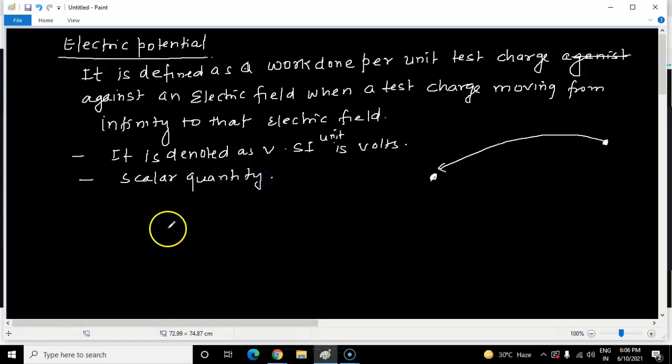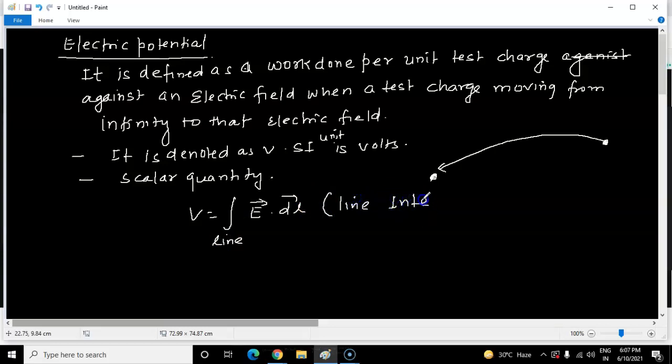Sir, it won't have direction. Yes, here the electric potential is defined as bringing the charge from infinity to any point, right? So V is equal to the line integral of the electric field E. E is a vector quantity, and L is the line integral, which is also a vector quantity. But this V is potential. Okay. This is a dot product here, so it becomes a scalar quantity. Yes, sir. So this is the line integral. You can also define electric potential as the line integral of the electric field.